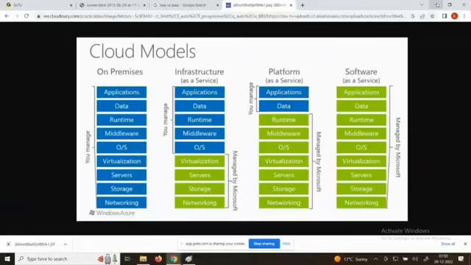The infrastructure owner is AWS. Who is providing hardware, current, power, internet, servers, and everything? AWS is responsible. If hardware is not working, AWS is responsible. Tomorrow if your application is not working, you are responsible. You install the application. So that is called infrastructure as a service.